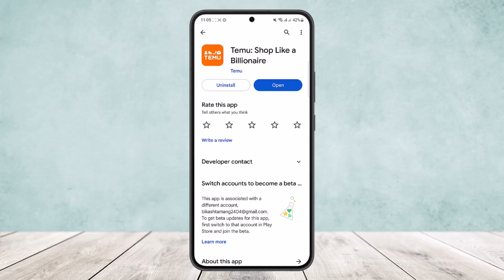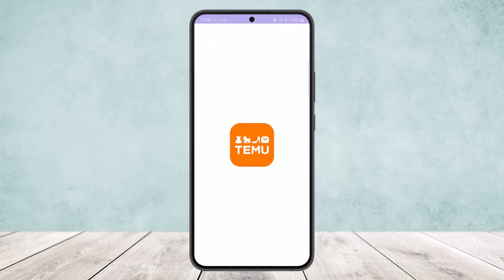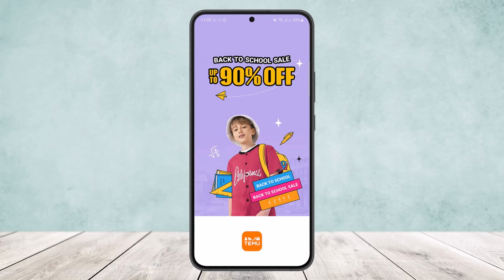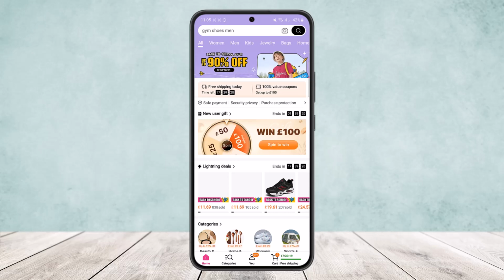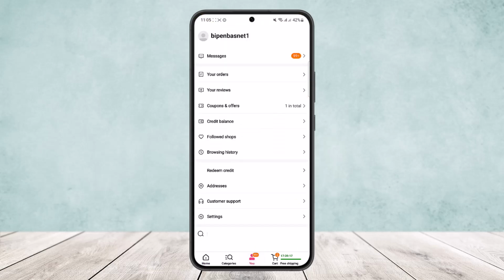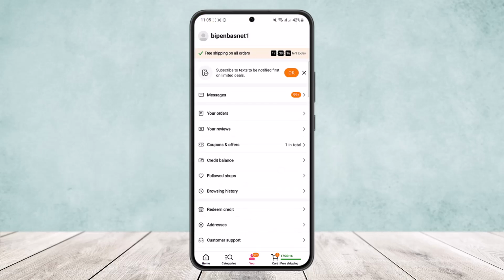Simply open up your Temu app, and make sure you're logged into your account. In my case I'm already logged in, but it might take some time to load up. Now you can see it's loaded up. Here, if you head into the you option, you won't get any option to invite friends. As you can see, the trick here is to